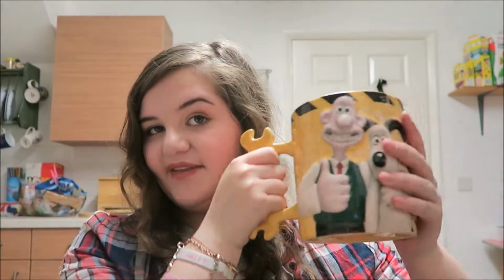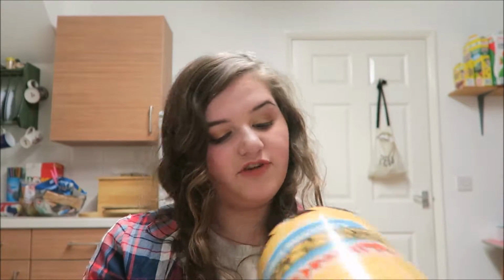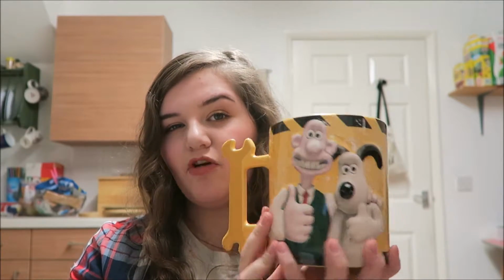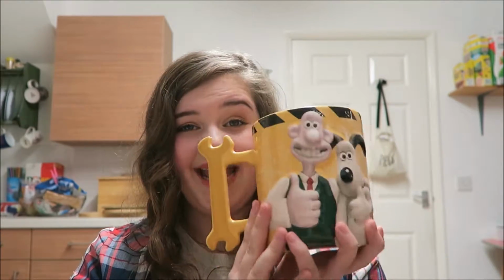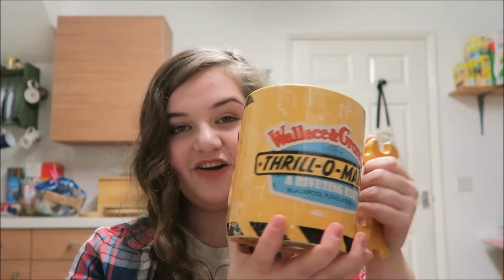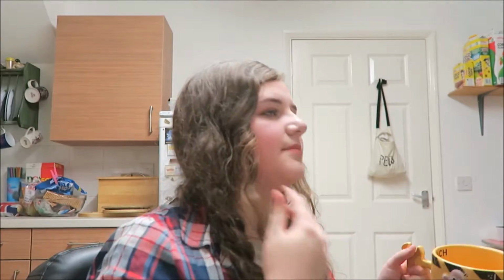I really do like the attention to detail, and this is priced really well, £10.99, so 11 quid, which does seem quite pricey, but it's absolutely hench. It's massive. It doesn't look too big on the camera, but honestly it is. It's so heavy, it's so huge, and again, the detail is incredible. So I have that, and now onto my final mug,